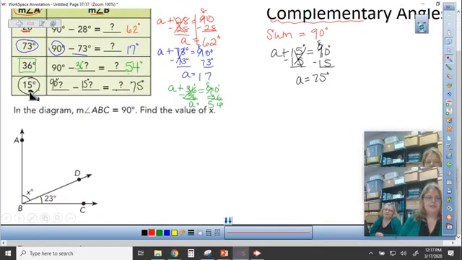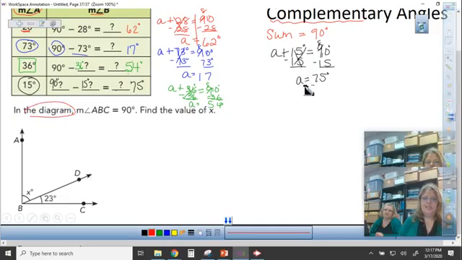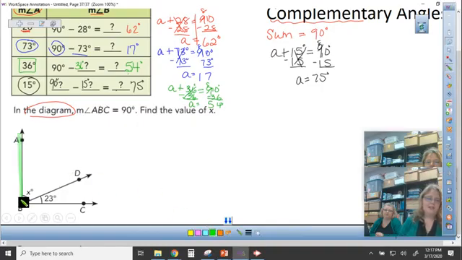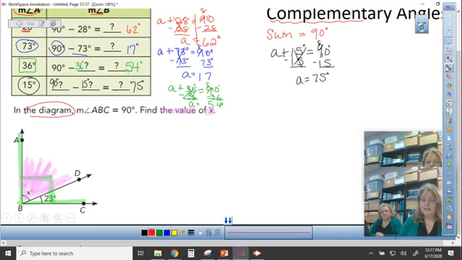Next, here's a diagram or a picture of an angle. It says that the measure of angle ABC is 90 degrees. So this whole entire thing is 90. We call that a right angle. Sometimes we see this right angle box to show that it's a right angle. Then it says to find the value of x. In other words, we don't know what this part of that angle is equal to. We know that the other part is 23 degrees. So again, I can set up an equation. X plus this 23 degree angle